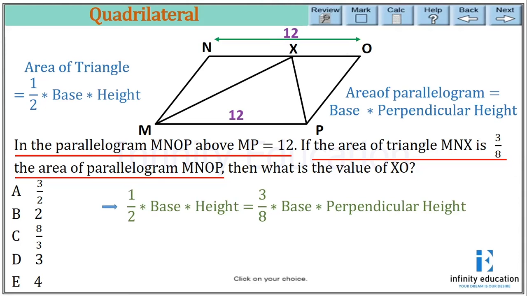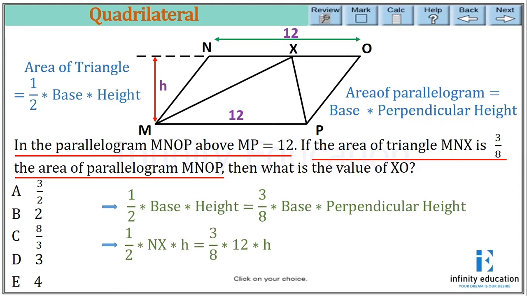So now to calculate the height, we must extend the ON. As we know, these two lines NO and MP are parallel. So we are considering the height as H. The height should be the same throughout, because the perpendicular distance between any two parallel lines will always remain the same. So we can rewrite this as half into base as NX of triangle MNX, and height